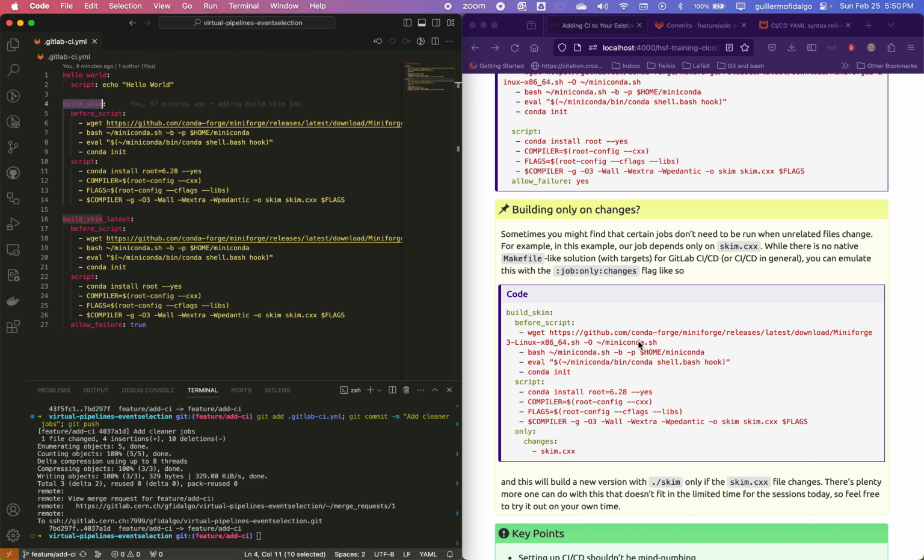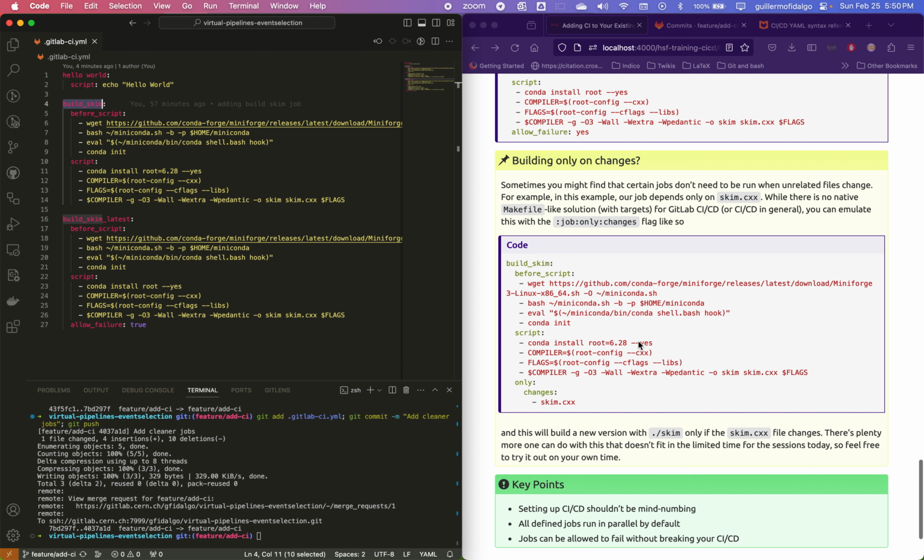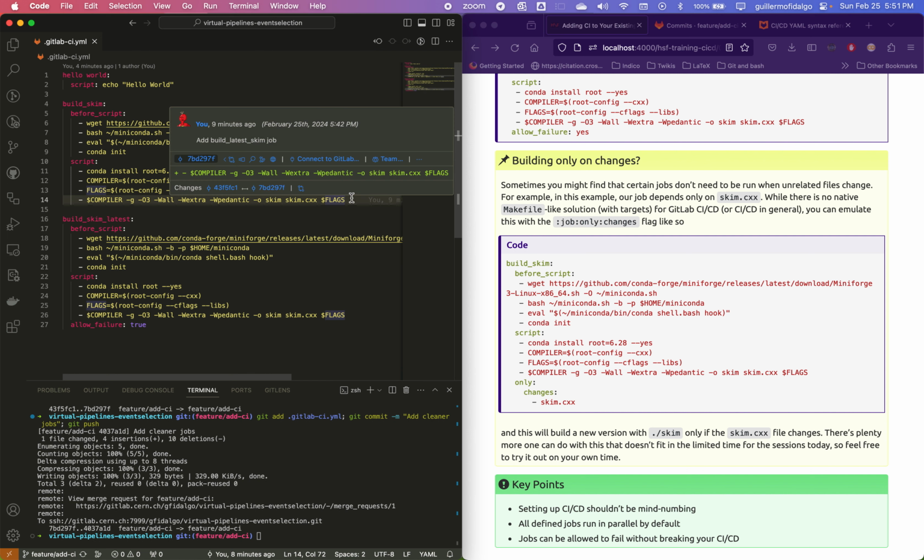And so, for example, our job only depends on the skim cxx file, and we can emulate the fact that there is no makefile solution in GitLab with an only changes on the skim cxx file, like so. So we can add here below the script